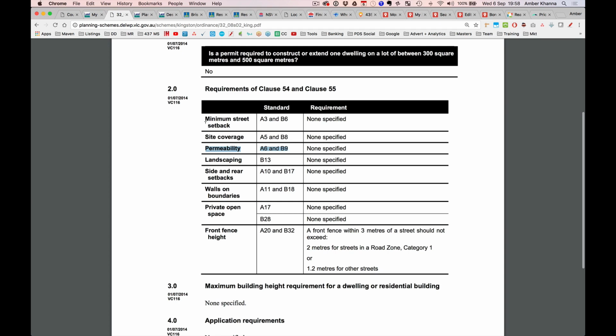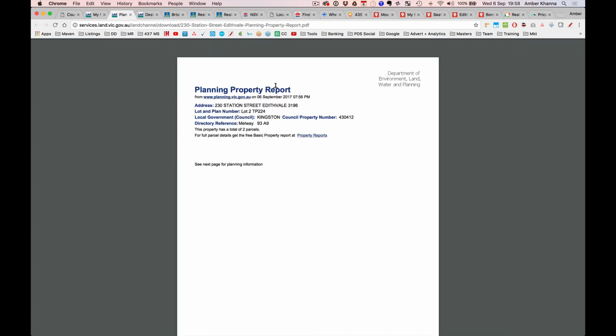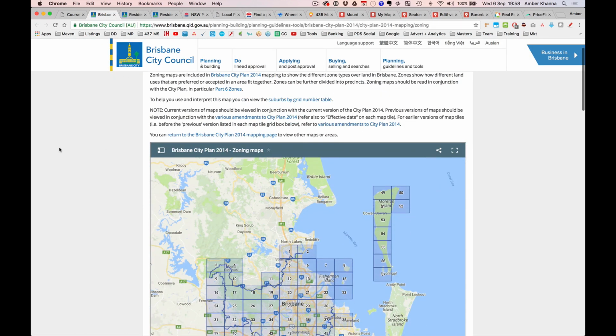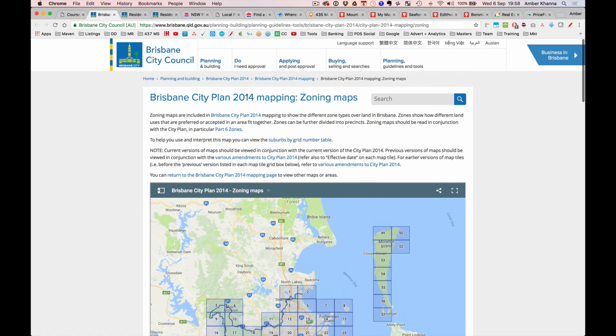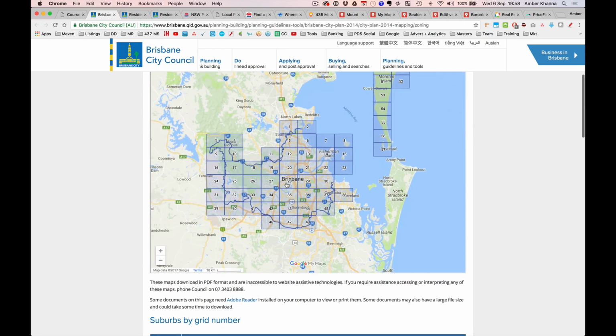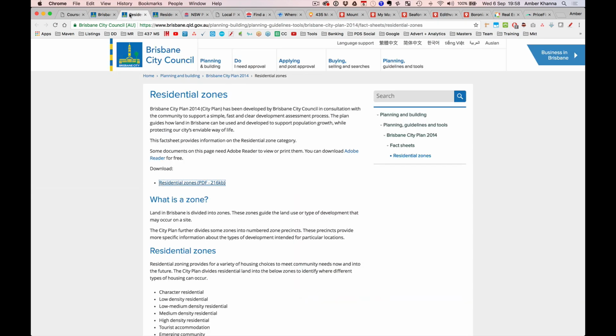So they will talk about all of these details in their planning scheme. If you went to their website, you'll be able to get their planning scheme. So yeah, that's how you get that. If you're in Brisbane, you go to Brisbane City Plan, to the mapping zoning maps, and you can find out the zoning maps for each area. I mean, even here in Brisbane, you can put in